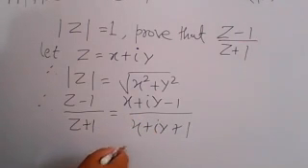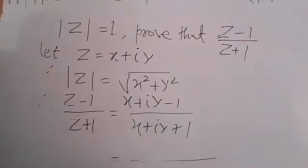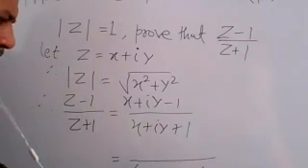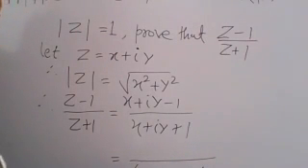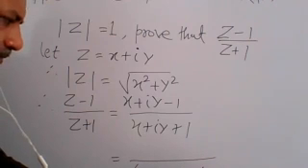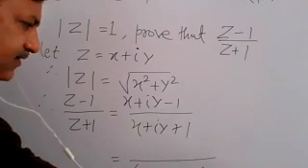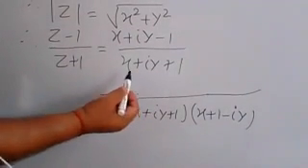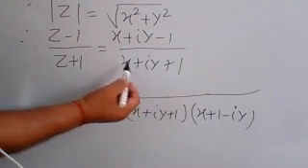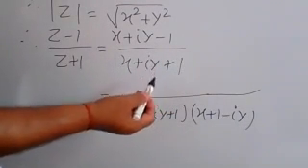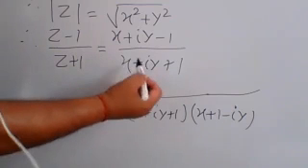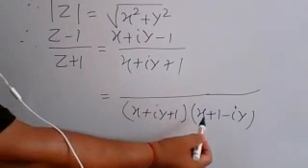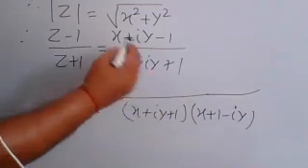So taking the conjugate of that, here you have x plus iy plus 1 into its conjugate, x plus 1 minus iy. x plus 1 minus iy is its conjugate. Understand? Note that step. Here you have the complex number x plus iy plus 1. So x plus 1 is its real part, so x plus 1 plus iy, and their conjugate is x plus 1 minus iy. So you divide it here.